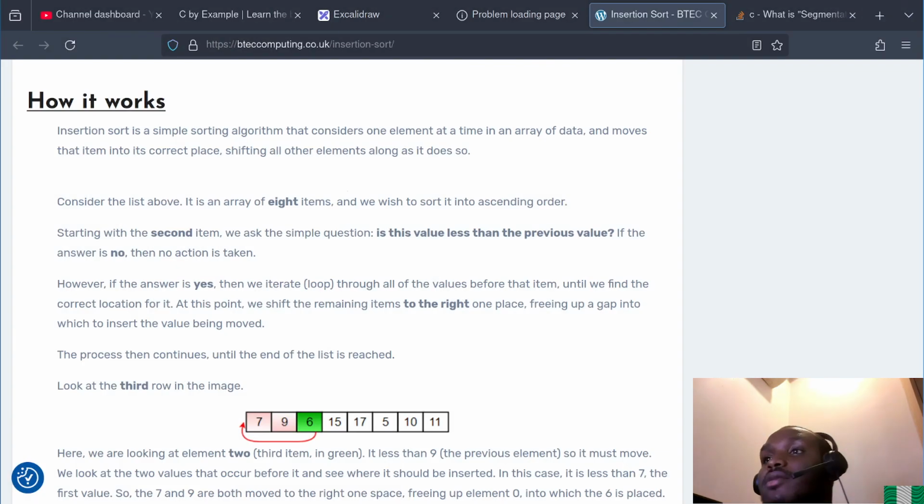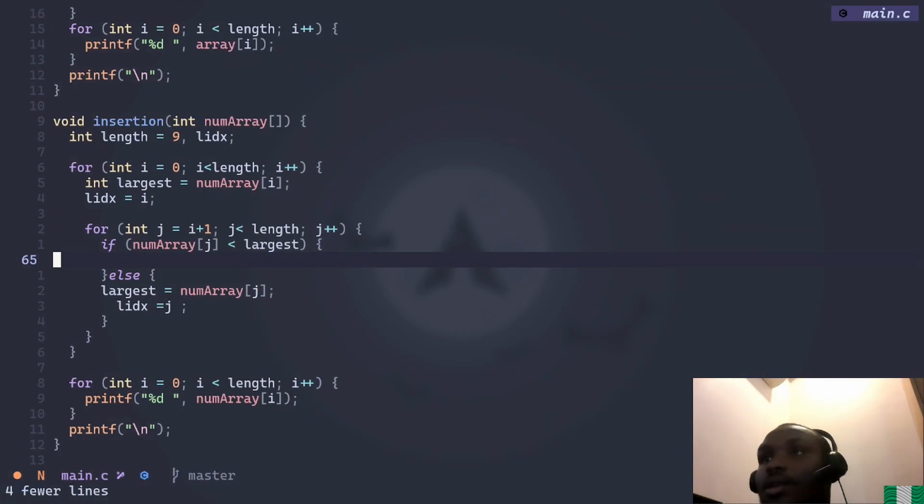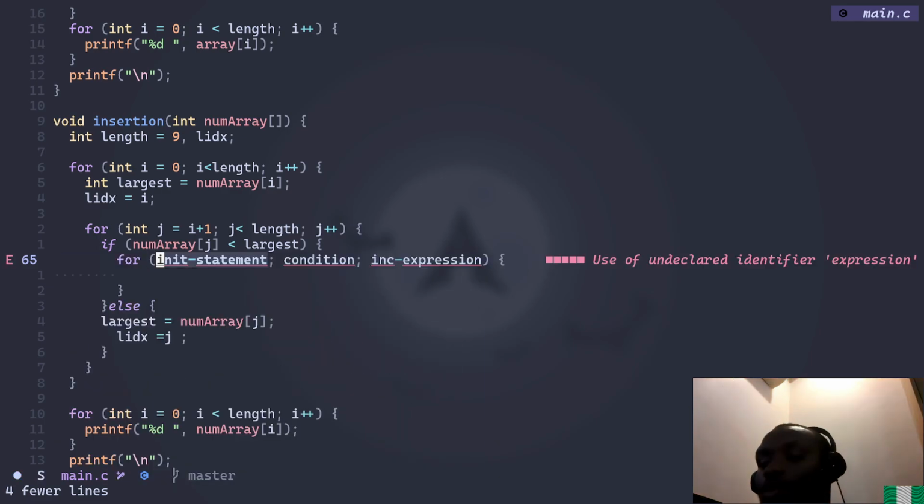But what happens if it is less than? If it is less than, then we loop through the items you have done and find the right position. Yeah, that's what it says. Then we go for